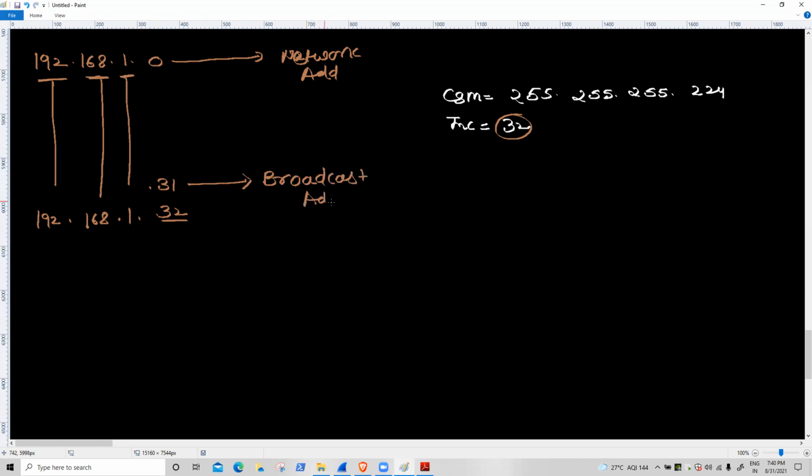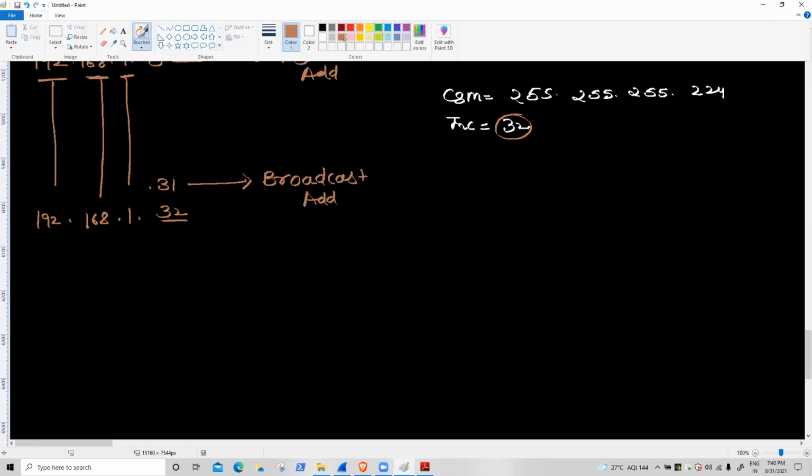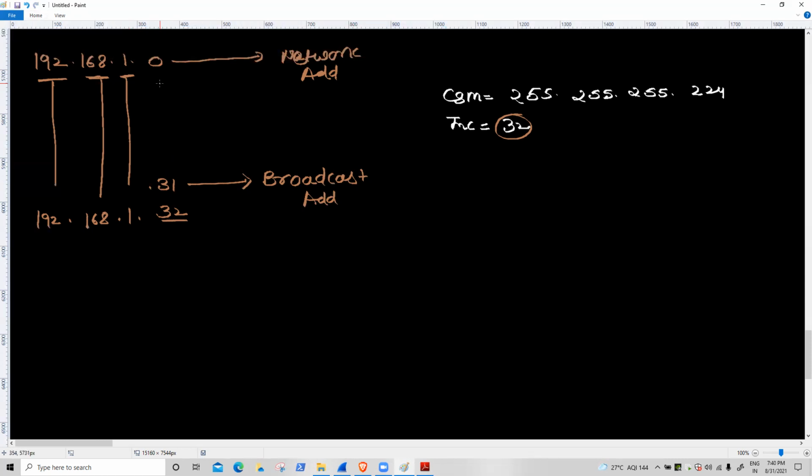Which one address? Broadcast. In between 0 and 31, how many values are coming? 1, 2, 3, and so on till 30. So that means from 1.1 to 1.30. This one is my which one IP? A valid IP. Clear? Okay.